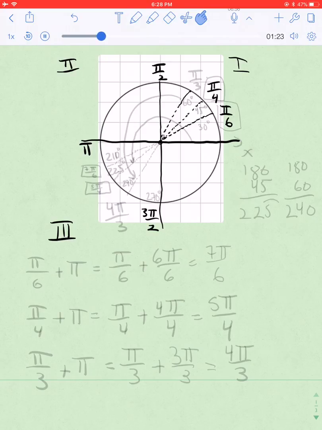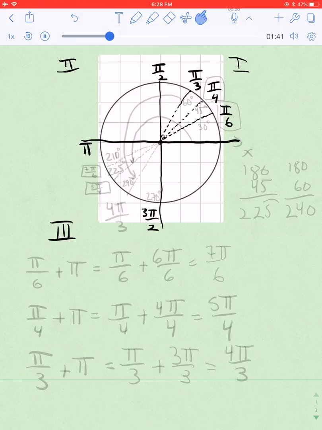And we add another slice to that, and that's pi over 3. All of this in radians. So these 3 angles in the first quadrant, pi over 6, pi over 3, and pi over 4,